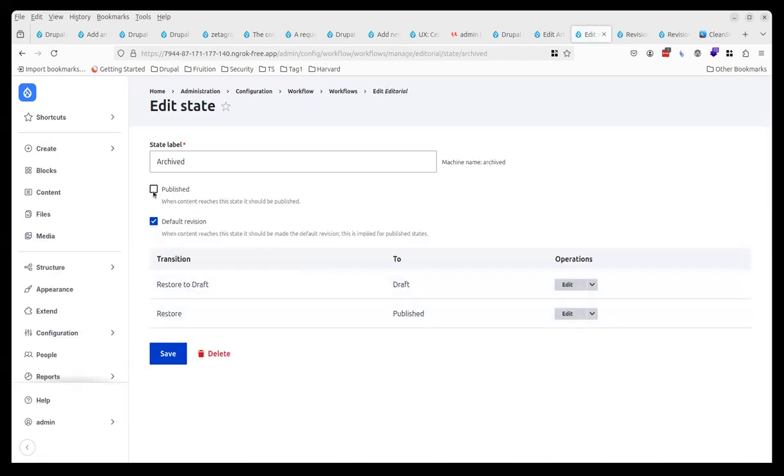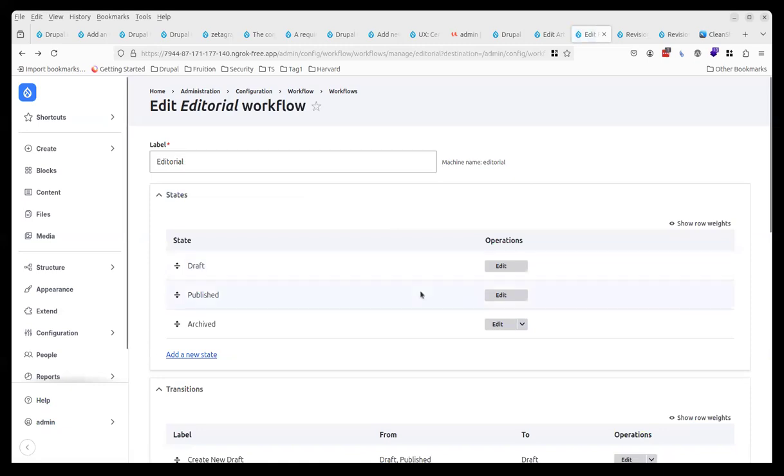Okay. Well, you can set it as published. Okay. What about that? So there's a lot of freedom in how the moderation works. Let's see. One thing you can't do is delete the published state. I see. Well, I guess draft and published